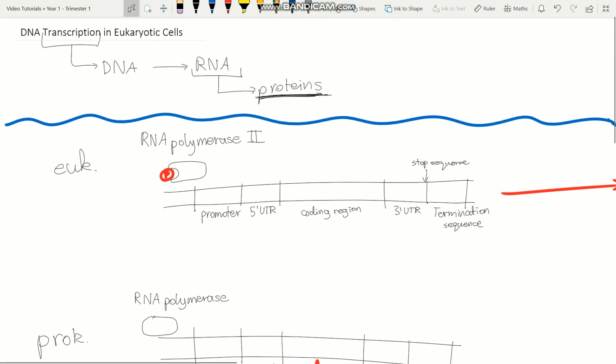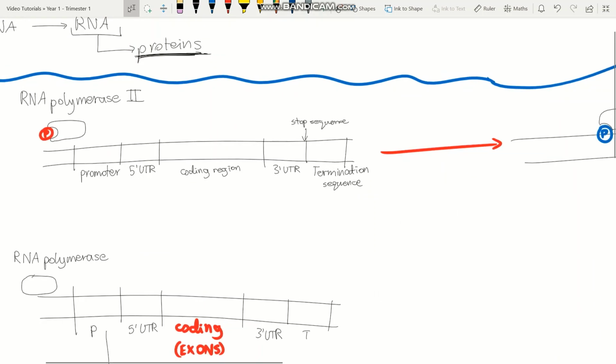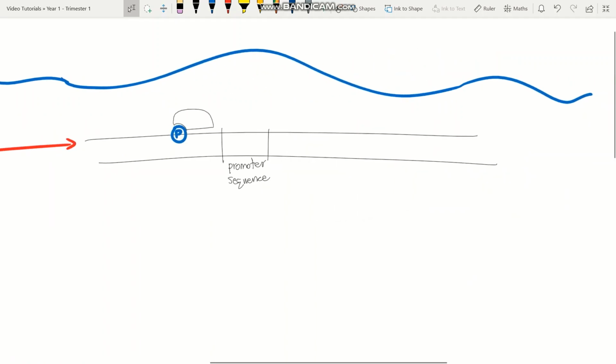Okay, so that's it in terms of the structure and how the actual process of transcription is started. Let's get into how this process actually occurs. I'll only be going through this in terms of eukaryotic cells. So firstly, we have the RNA polymerase II enzyme, which is phosphorylated in order to be activated, and it reaches the promoter sequence. This promoter sequence is essentially what allows for the RNA polymerase enzyme to bind more closely to the DNA sequence,